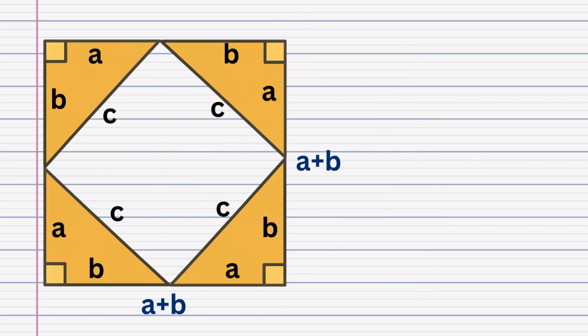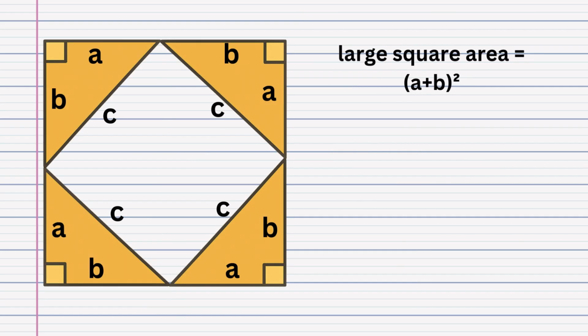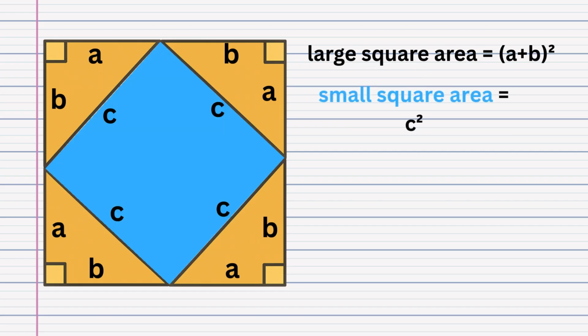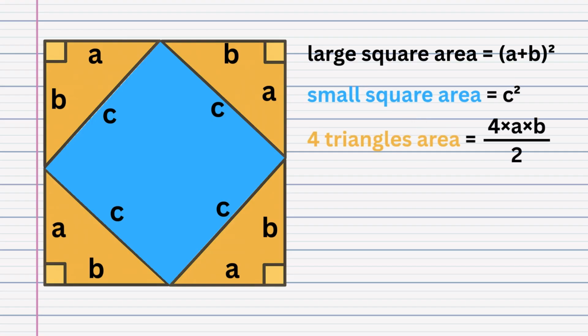The large square has side a plus b, so its area is (a plus b) squared. And the small square in the middle has side c, so its area is c squared. Each triangle has an area of base times height divided by 2. Since we have 4 triangles, we multiply it by 4, which gives 2ab. Therefore, we can say the area of the large square equals the sum of the areas of the 4 triangles